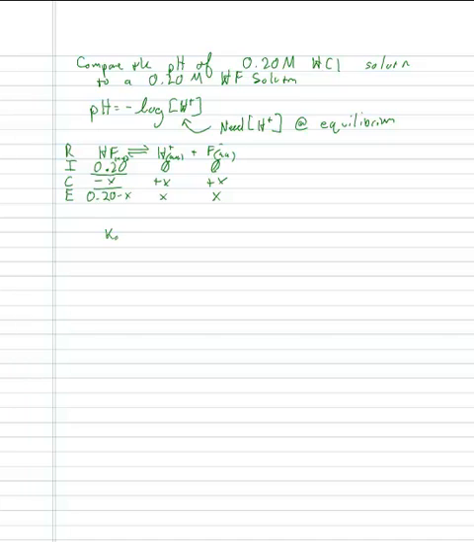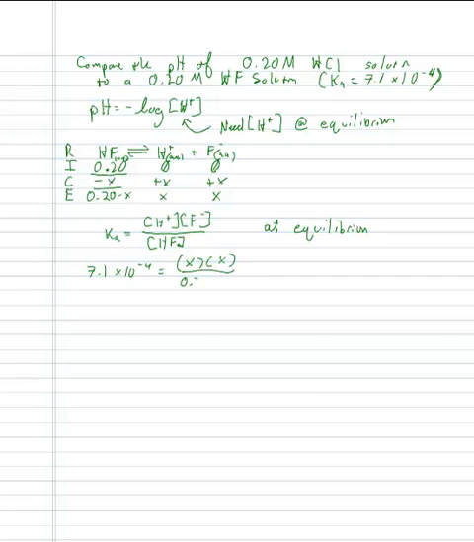So we can use our Ka expression. Ka is equal to the concentration of H plus times the concentration of F minus, all over the concentration of HF at equilibrium. Remember, we talked about this. If you have trouble, you can go back to your equilibrium notes 2 or 3, I think, is when we covered this. So we can just plug in our values. We remember from before our Ka for HF, 7.1 times 10 to the negative 4. Now that will vary with different weak acids. So we can say 7.1 times 10 to the negative 4th is equal to x squared over 0.20 minus x. And you can solve for this any way you like. You can use the quadratic equation, or you can just plug it into your solver, and we'll get that x is equal to